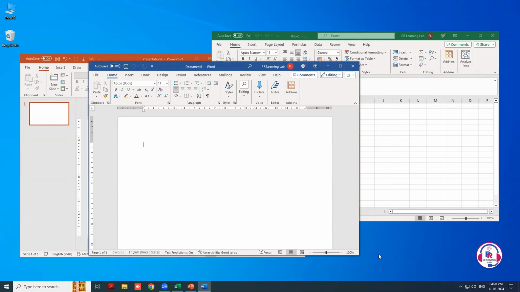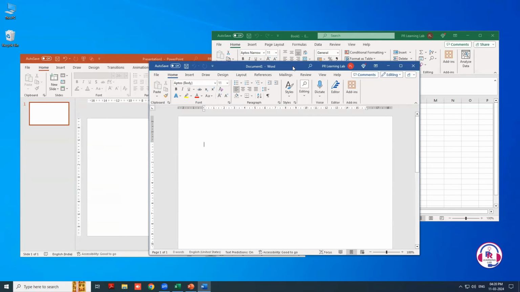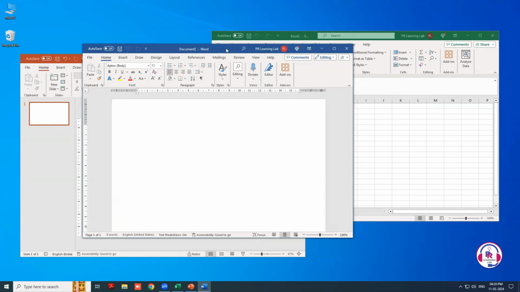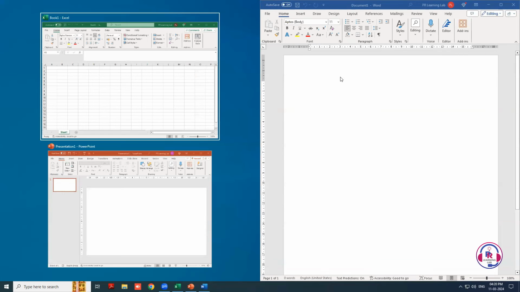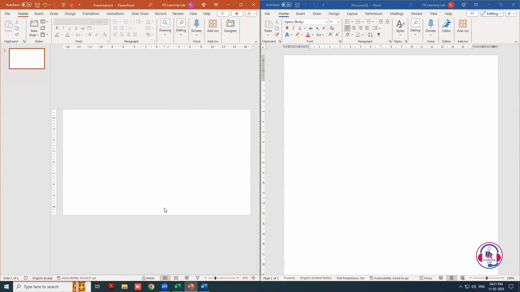There are some other useful keyboard shortcuts for managing multiple applications in Windows. Snapping applications: use the left arrow key or right arrow key to snap the currently selected application to the left or right side of the screen, respectively. Once the first window is snapped, you'll see a list of other open windows on the opposite side of the screen. Click on the window you want to snap on the other side. The second window will automatically snap to the opposite side of the screen, occupying the remaining half of the screen space. This allows for easy multitasking by having two applications side by side.